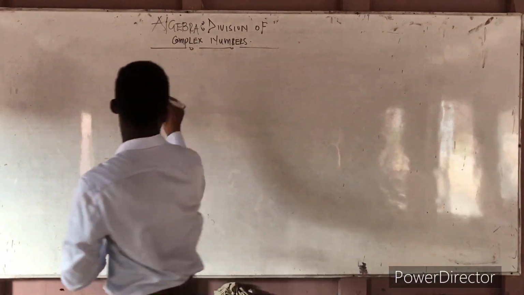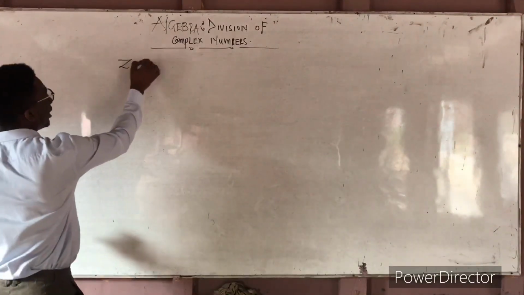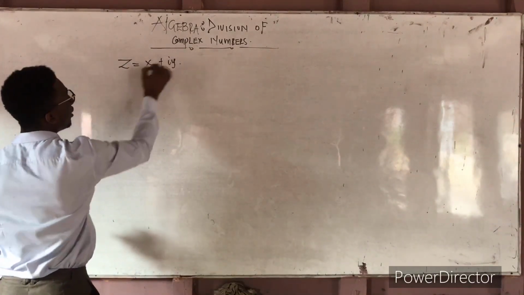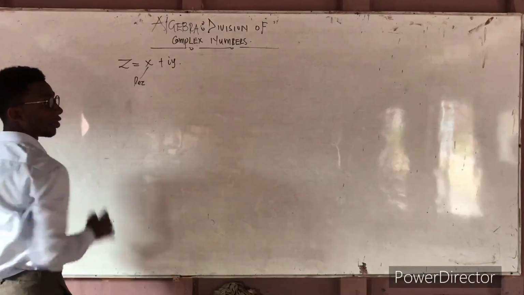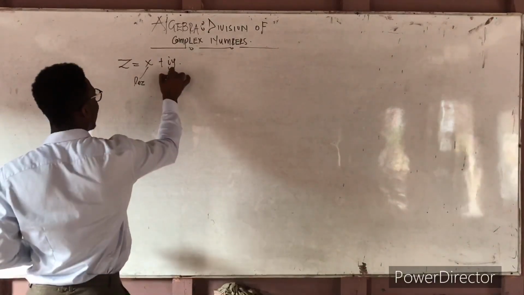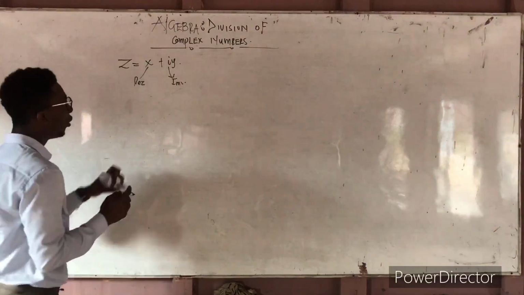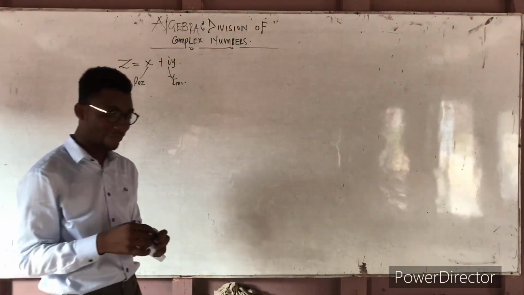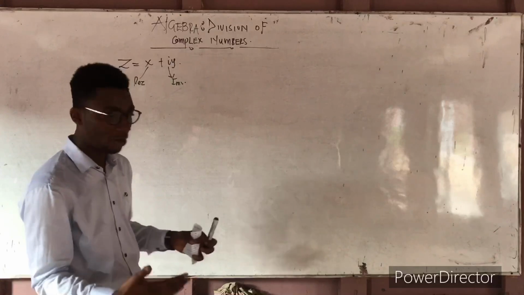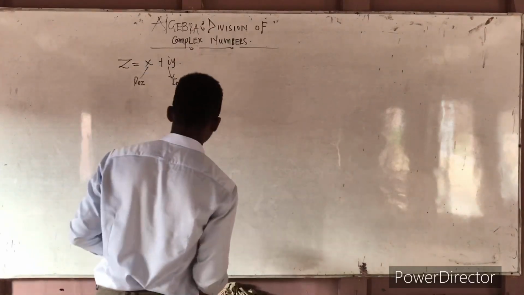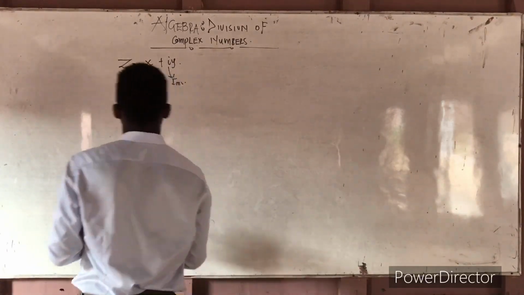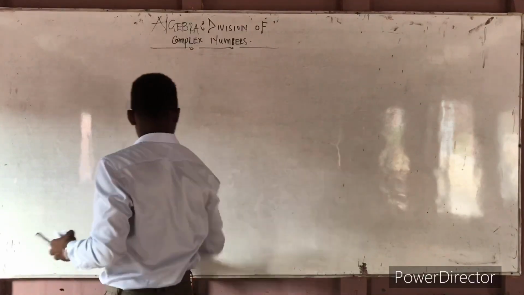Now, you already understand that a complex number is in this form x plus iy. We have the real part of the complex number, and we have the imaginary part of the complex number. Now, if I have two of these complex numbers and I want to divide them, how do I go about it? So what we do here is let's take two complex numbers,